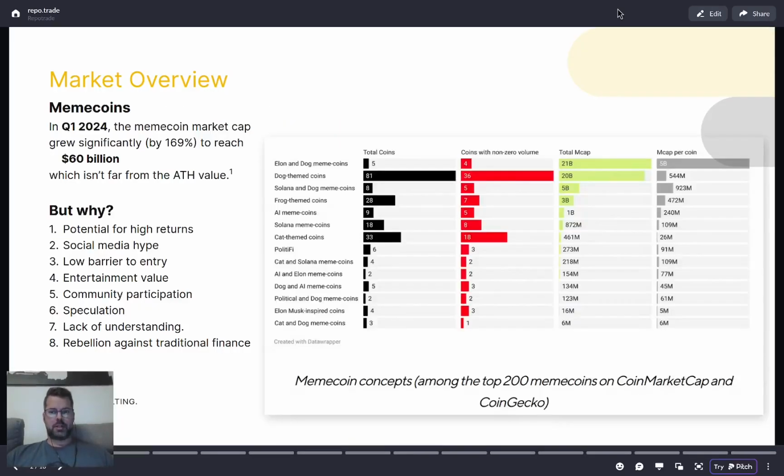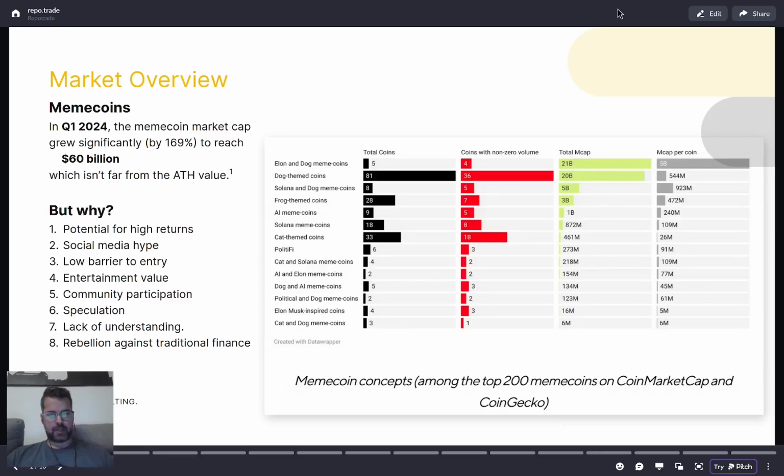I would like to start with a brief overview of what happened in the beginning of this year with the meme coin craze. Essentially, in the first quarter of this year, we had a significant growth in meme coin trading with up to $16 billion in all-time high value. Why is this interesting for us? Because people apparently like to trade on meme coins, pictures of dogs, cats and politicians.